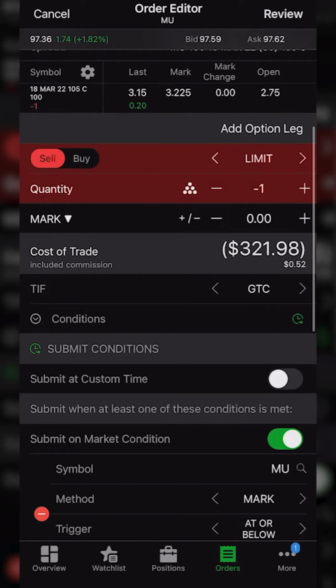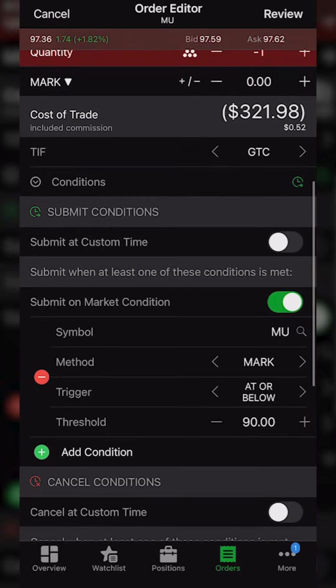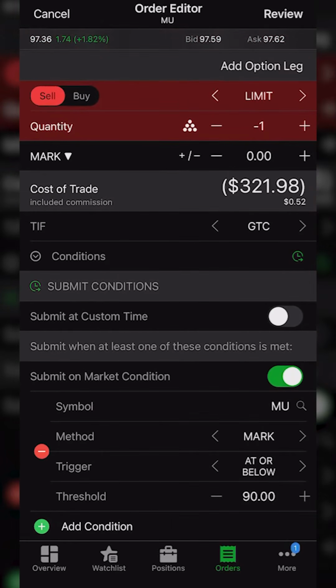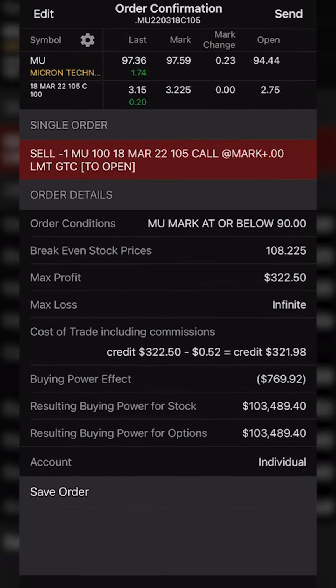Now, if I was happy with this, everything looks good, and it does to me, I would just hit review in the upper right-hand corner. And then if I actually wanted to send it, just hit send in the upper right. Now, I know that was a lot, so don't worry. We're going to go through several different examples, but we're going to go ahead and edit out of this and